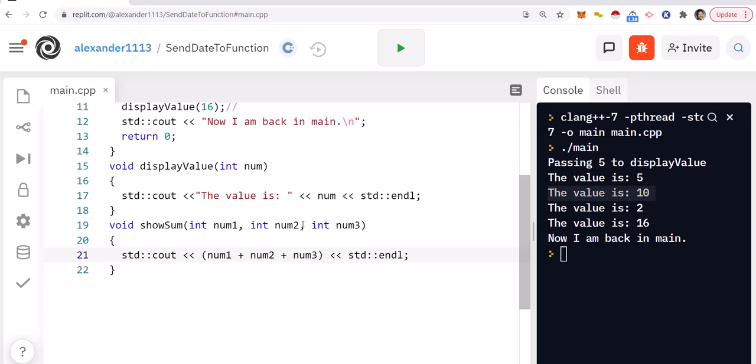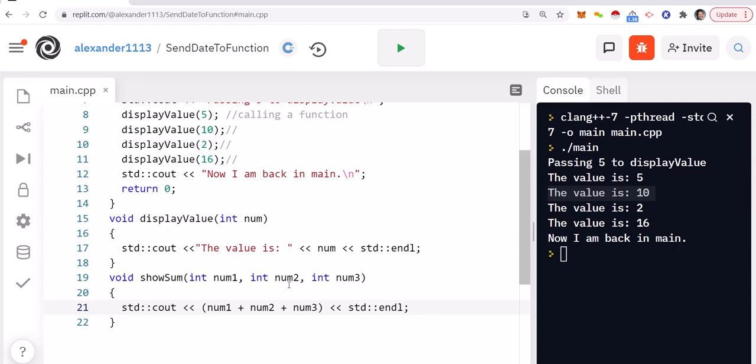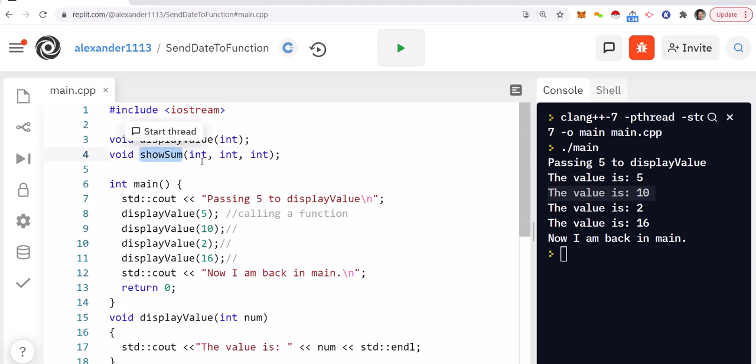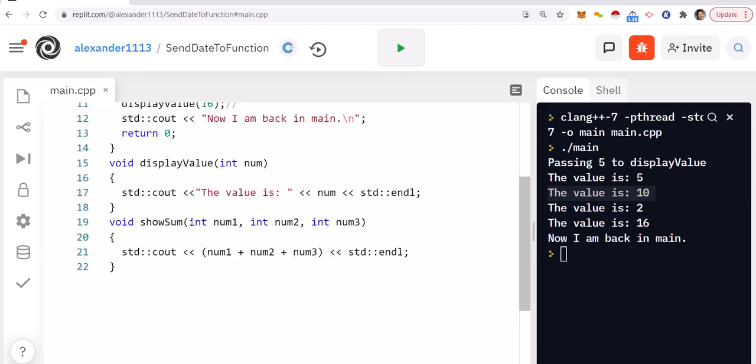So in this example, what I'm going to do is define a prototype. I started with defining my prototype. My prototype has 3 parameters because I just want to find the sum of 3 numbers. Integer, integer, integer. When I call the function, it's got to be a one-to-one mapping, okay? You're going to see that in a little bit. Now, defining the function, I'm going to define the parameter names, num1, num2, num3, and all I'm going to do